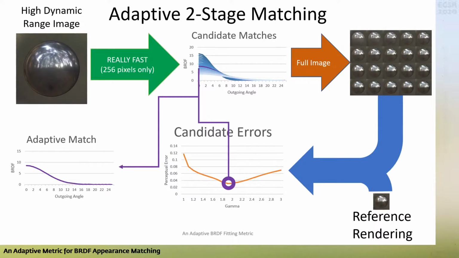The optimal gamma, according to perceptual metrics, varies greatly between materials, meaning that choosing an image comparison metric for material appearance is not trivial. Finally, while we have shown that our two-stage strategy with a variable metric has some effect on appearance matching by inverse rendering, it is much more impactful when fitting BRDF data directly, as we will show